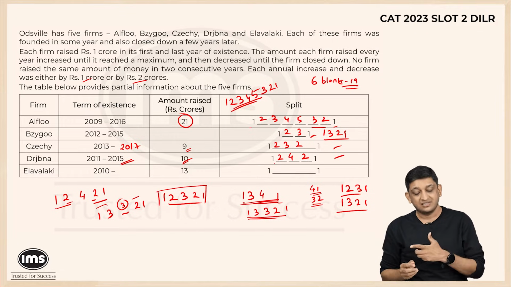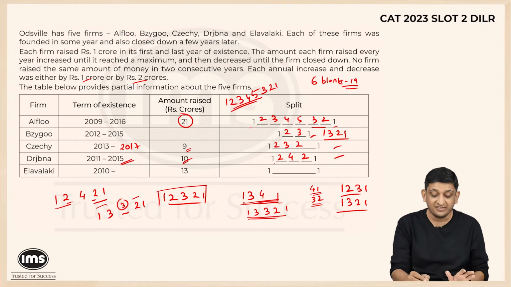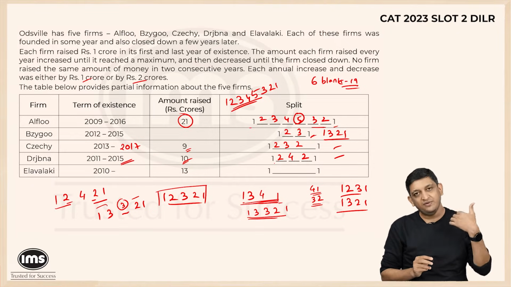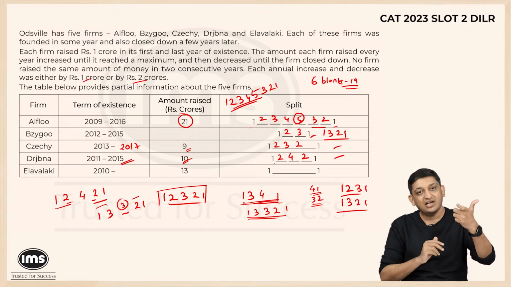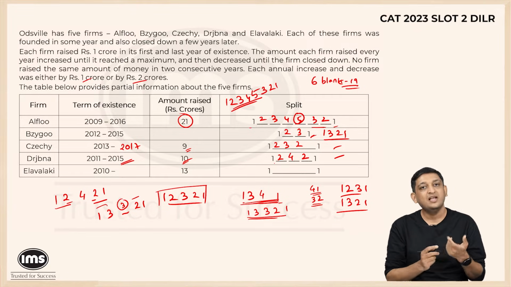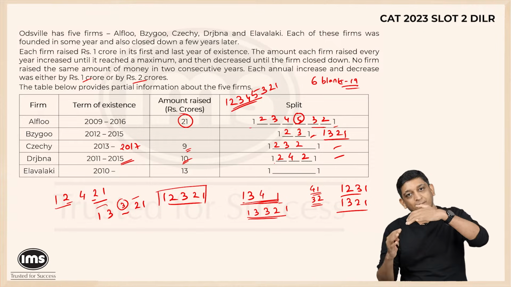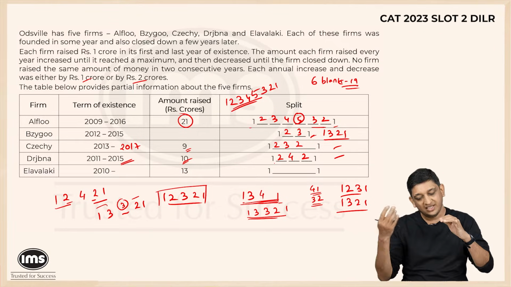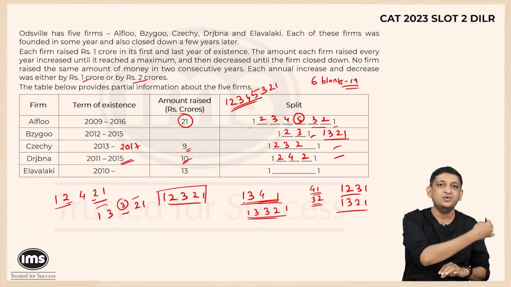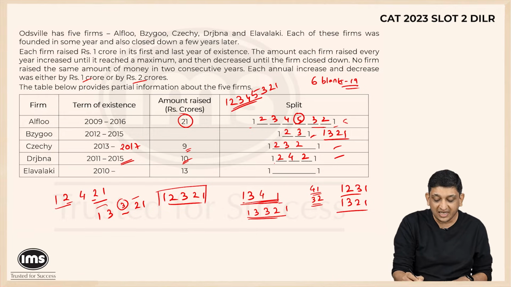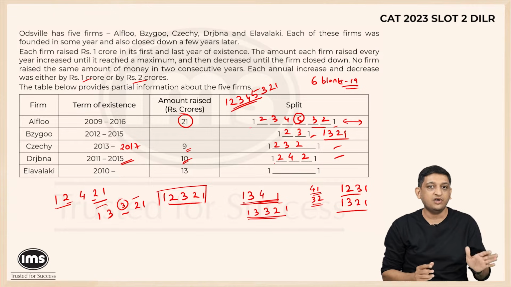As we saw in the previous case, 1, 2, 3, 1 and 1, 3, 2, 1 were both possible. Even here, if you look at the highest possible number, that is 5, you can see that it can either be 1, 2, 3, 4, 5, 3, 2, 1, or it can be 1, 2, 3, 5 and then 4, 3, 2, 1. Even that is possible. You can look at it in another way as well. If it can go from 1, 2, 3, 4, 5, 3, 2, 1, backwards also it will follow the same path. So the other case will be the mirror image of this: 1, 2, 3, 5, 4, 3, 2, 1, right? So both the mirror images are possible in this particular case. So we have 2 options to represent the flow of funds for A.